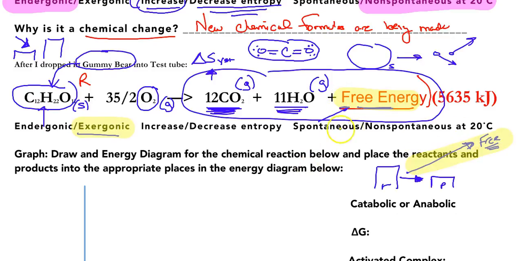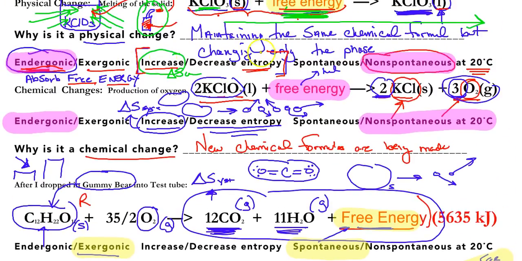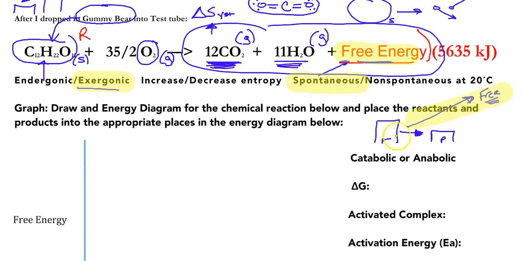Okay? Which means this is a spontaneous problem. You notice there's no free energy in the reactant to force it to happen, unlike the two above. These guys were never going to react by themselves because they had free energy on the reactant side to drive and force the reaction. This didn't need it because it had stored free energy. So that's important. And of course, the entropy change is going to essentially increase because we're making more free molecules